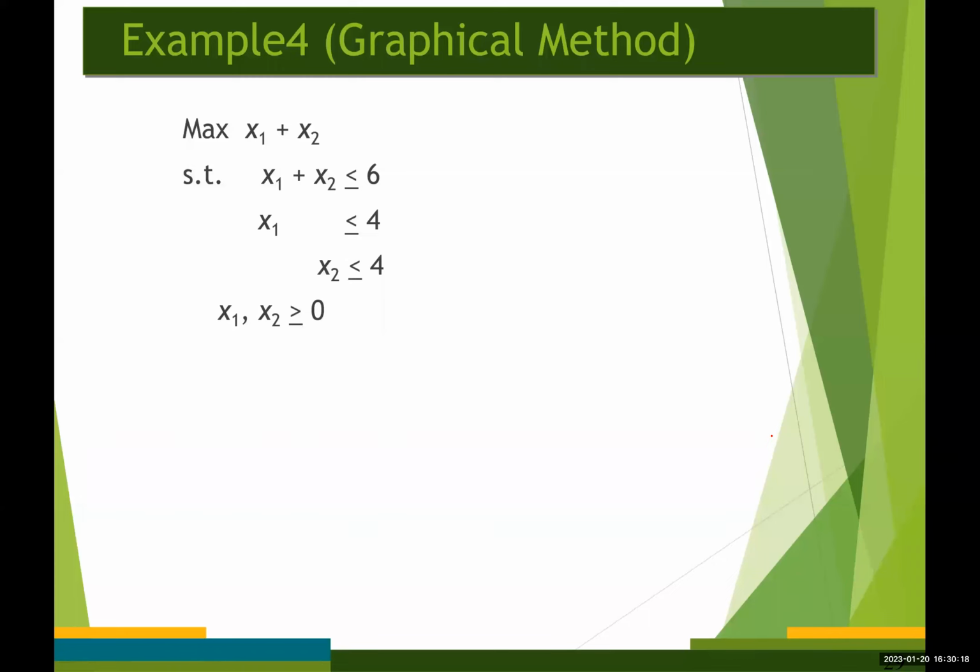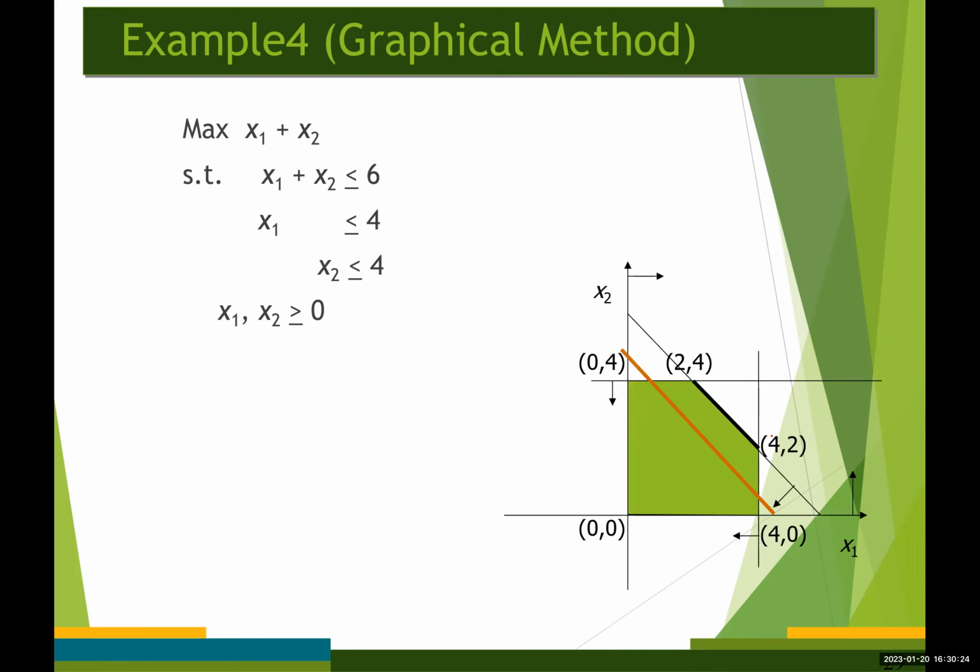Okay, so this is another example. Here, in this case, one of the constraints has the same slope as the isovalue line, right? Because here, the first constraint, left-hand side, is identical to our objective function, right? So in this case, the feasible region consists of just the dark line segment, okay, between the point 2,4 and